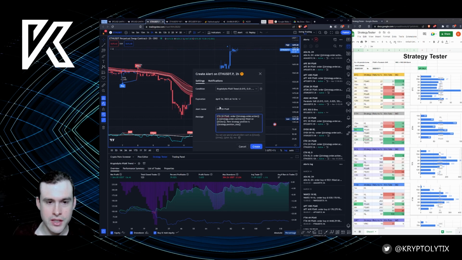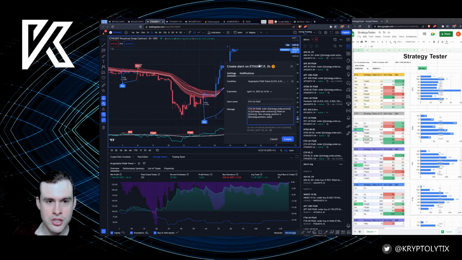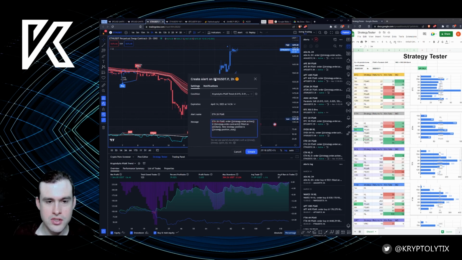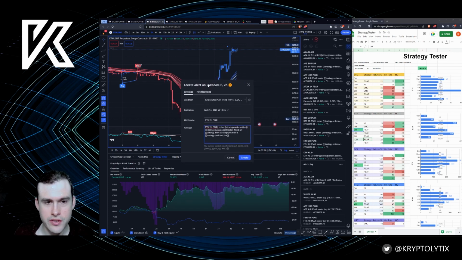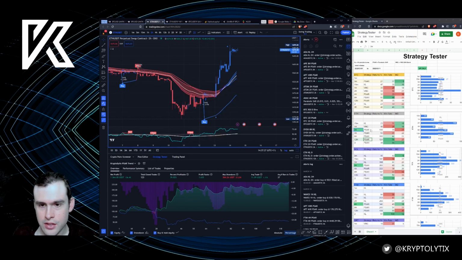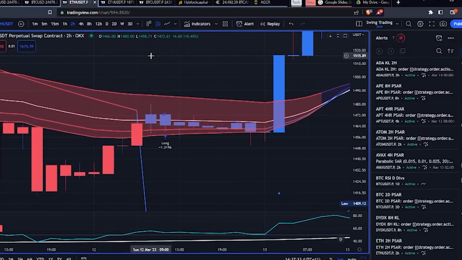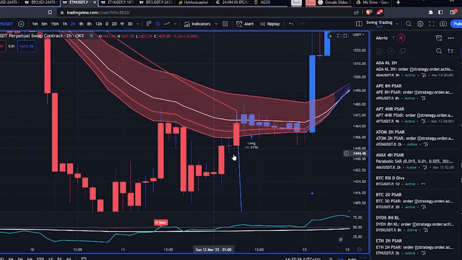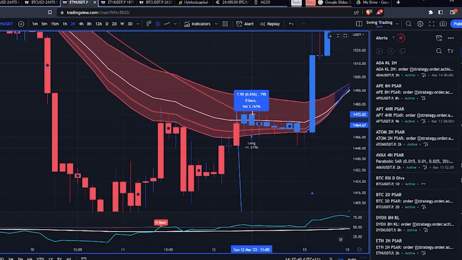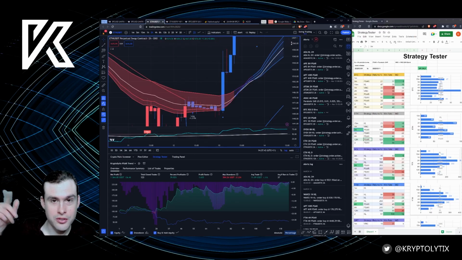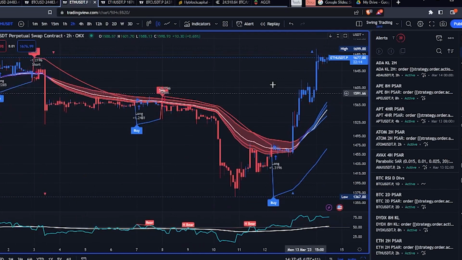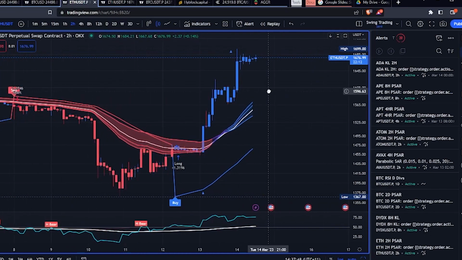So this is great for this, but if you want to turn your strategy into a bot, I think you need to use studies, but I'm going to do a bit more research on that in the future. But that's pretty much what you can do to set up an alert for yourself. So, 2-hour PSAR, I'm in this position right now. Let's see, the entry was here. I actually ended on the 21 period, which is the white line, so I even got an extra 0.5%, whoop-de-doo. And so I'm in this trade right now.